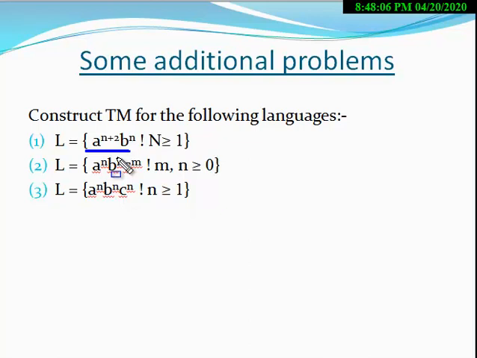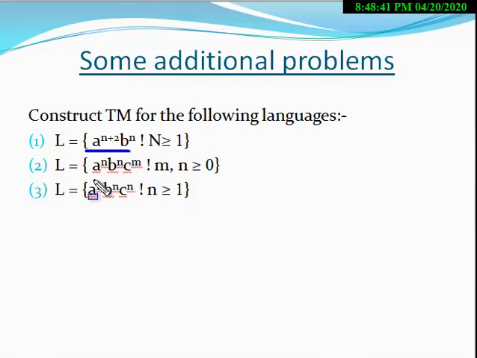When all b are removed, then you have to check whether the number of a remaining is 2 or not. If the number of a at that time is 2, then the machine goes to the final state, right? So you have to check the number of a when all b are removed. If the number of a is 2, then the machine goes to the final state. But if the number of a is not 2, then the machine does not go to the final state.